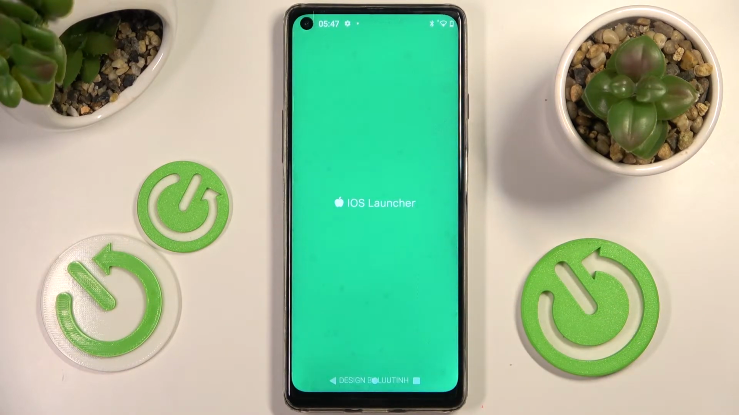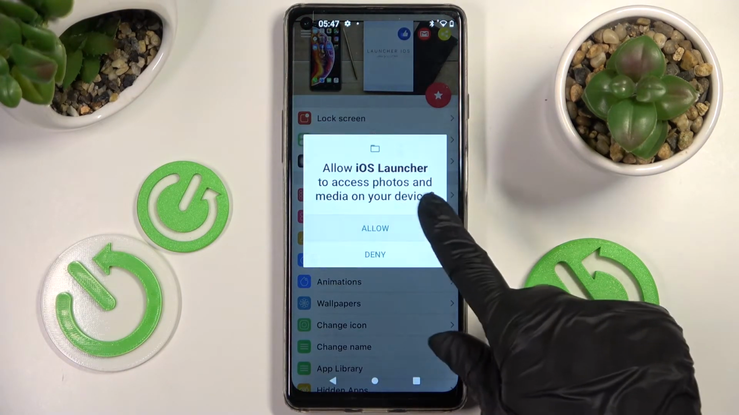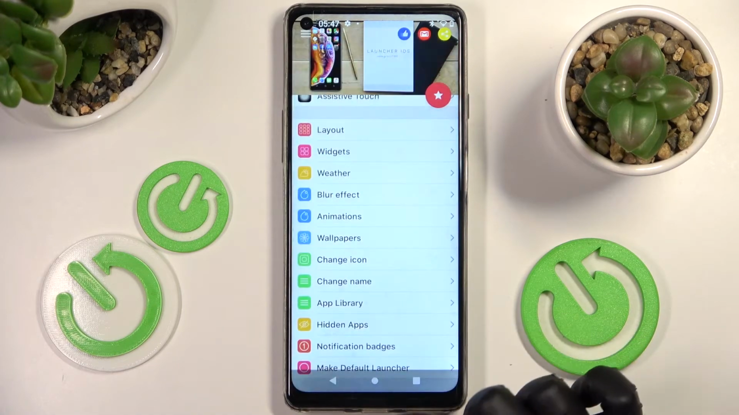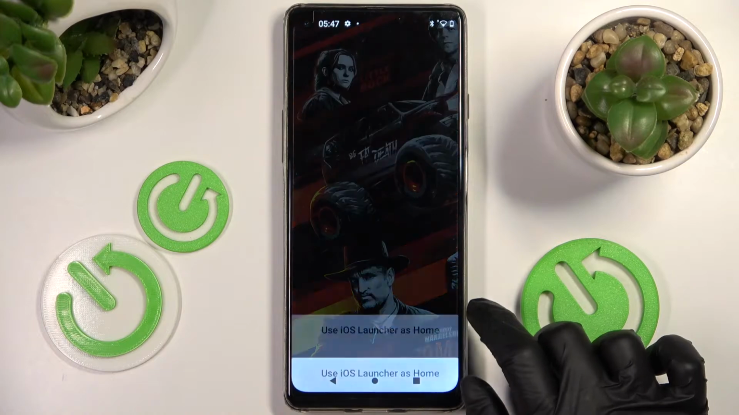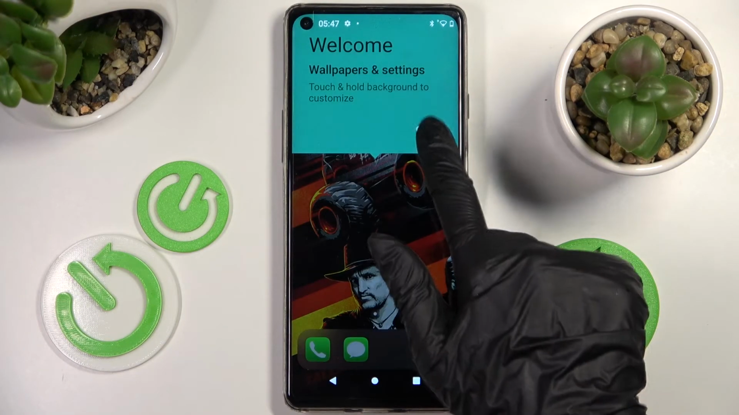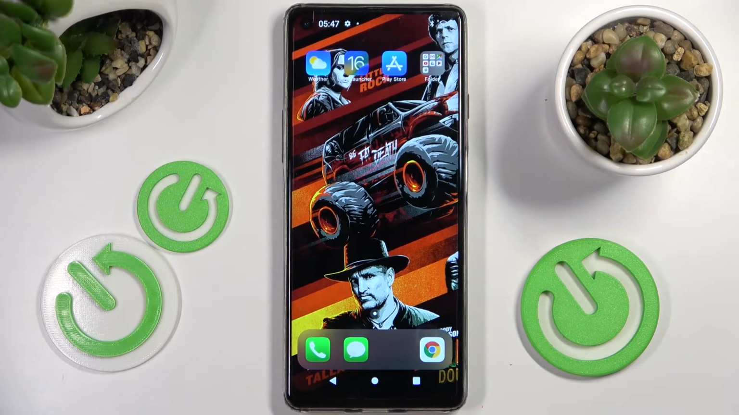Now just wait for the pop-ups to show, and when they do, select while using the app and allow in all of them. So while using, allow. Then you need to swipe up and choose home button. From here, choose iOS Launcher. Click on Always, tap on Got it, and as you can see, after that, Apple layout was applied successfully on